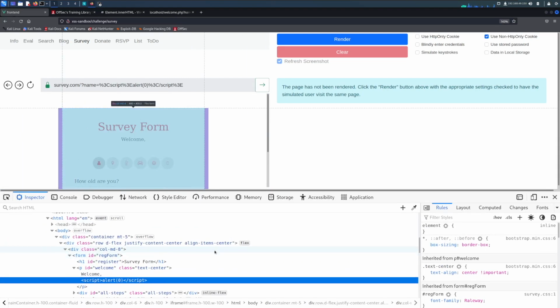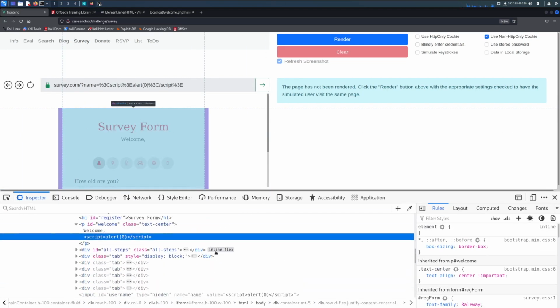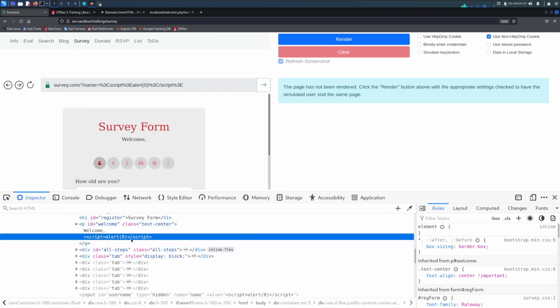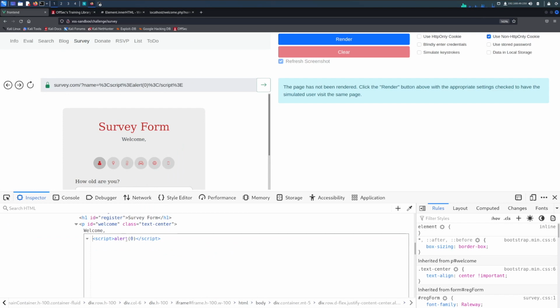Let me scroll in a bit. We can check if it was HTML encoded. We can edit as HTML. And no, it was not HTML encoded for this specific case. Now, some of you seem to have the idea. So